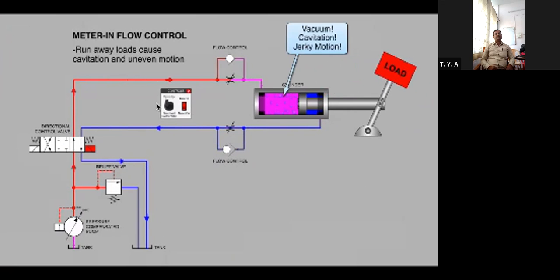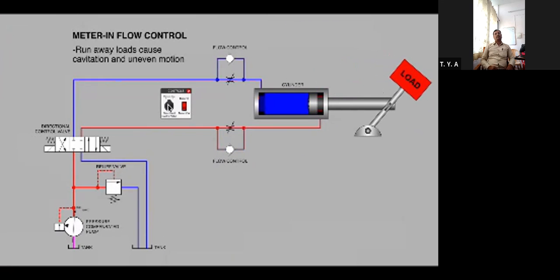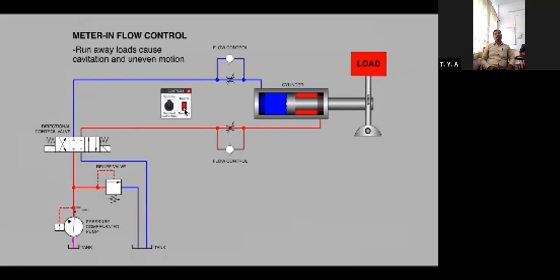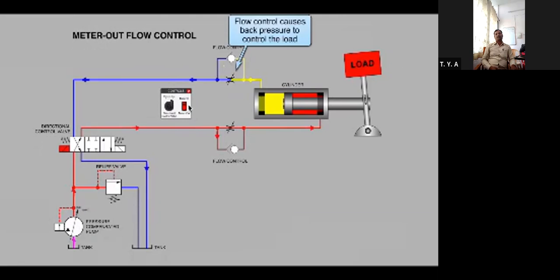Well, I'm going to hit a little magic button here that's going to change us around to meter out flow controlling. But all you need to do is keep an eye on these two check valves and see what happens. Do you see what happened? We switched to a meter out plumbing arrangement for our flow controls, and all that happened is both check valves have been reversed. So now let's have a look and see what happens.